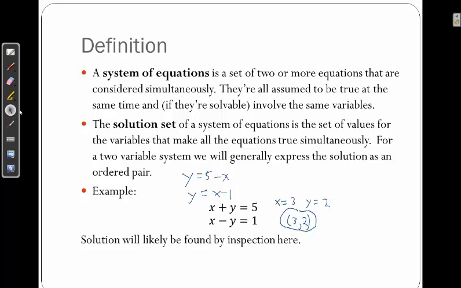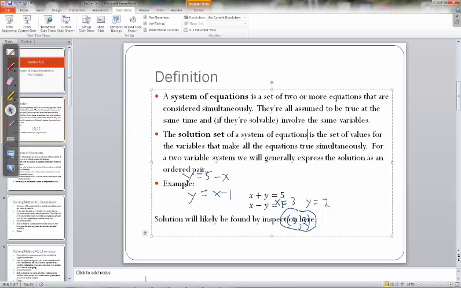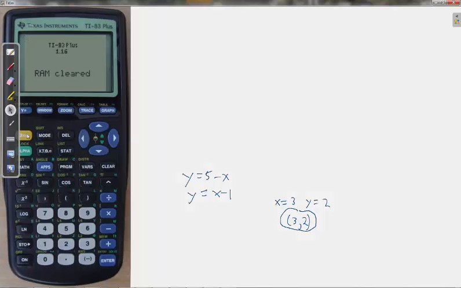If I graph both of those, if you'll notice here, at this point (3, 2) is where the two lines cross, which shouldn't really be a surprise if you think